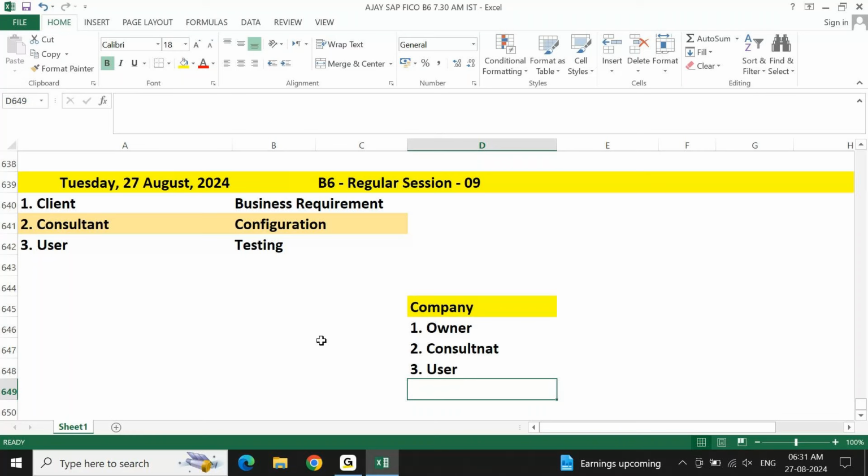Similarly, there are certain reports which are expected by the management. Management is asking for various reports. Now the user working on these reports feels that the report is coming but the numbers are not accurate, or the format is not correct. Some things are not updated, or certain reports are not available in SAP.